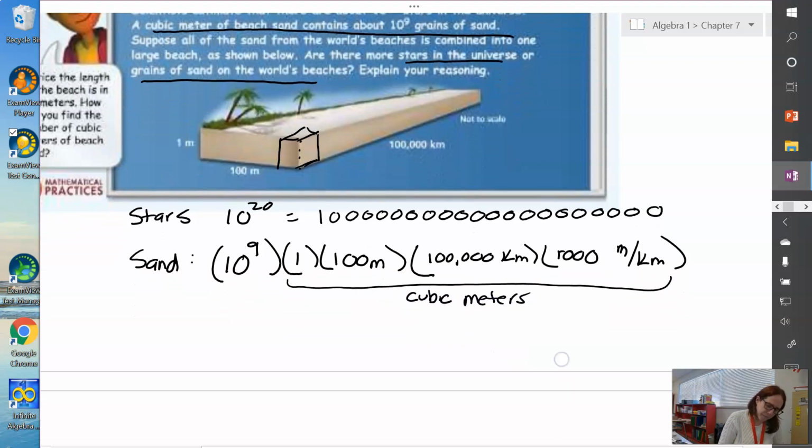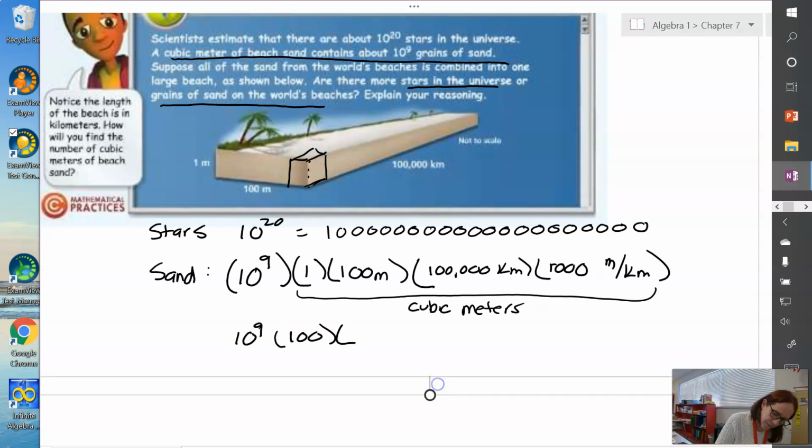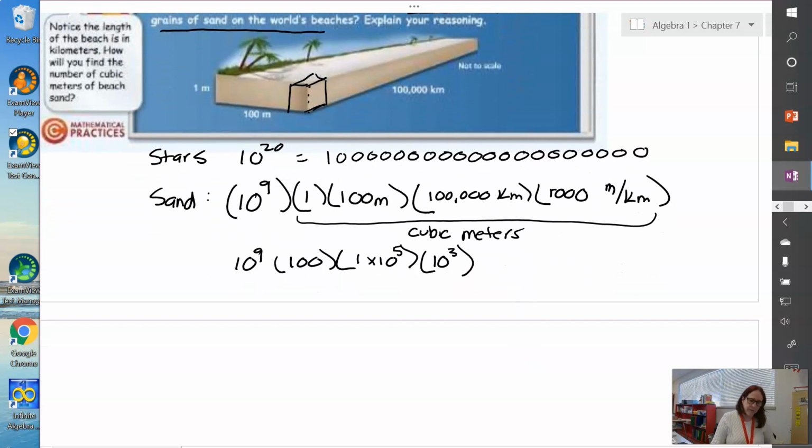So let's see what we get. We get 10 to the 9 times, well, 1 times 100, that's 100, times 100,000 times another 1,000. Now I can write 100,000 like this: 1 times 10, I've got 1, 2, 3, 4, 5 zeros. And then I have a 10 to the 3. So when I put all this into my calculator, I get 10 to the 9